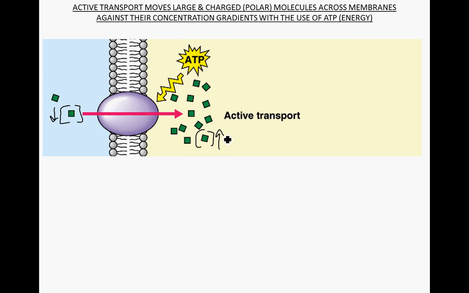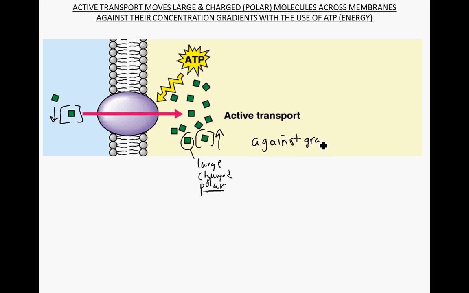So what we say here is that with active transport, these solutes are probably large, charged, or polar molecules. And if you don't understand polarity, this is also a good time to go back and review what we mean by polar. So I was saying that you're moving these from a low concentration to a high concentration. And this, again, is going to be against